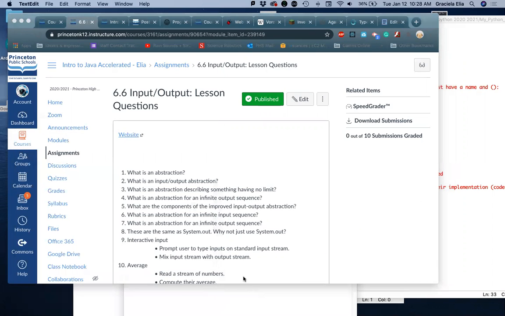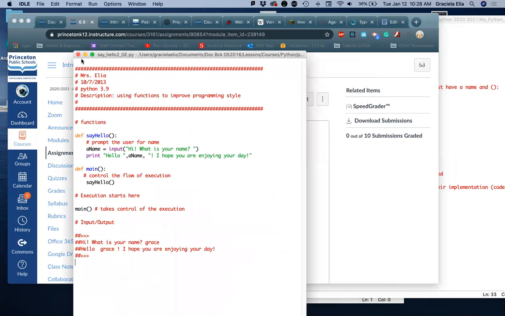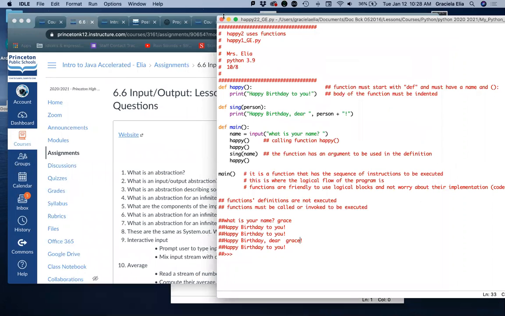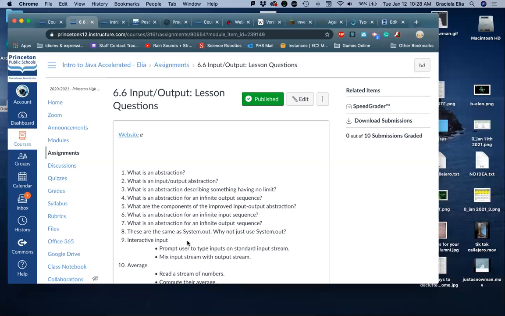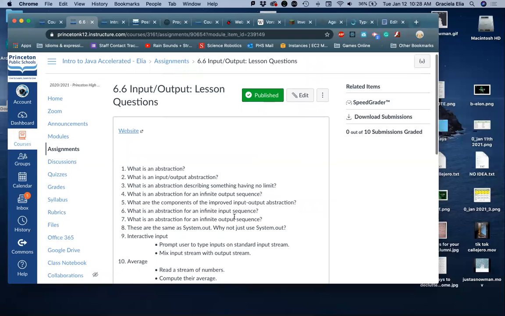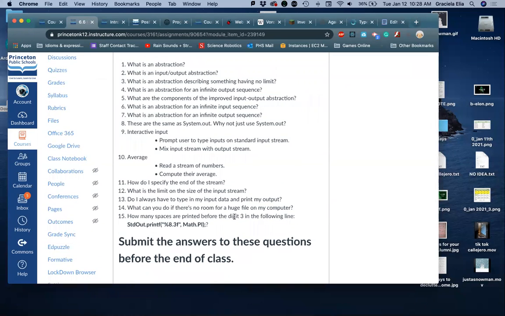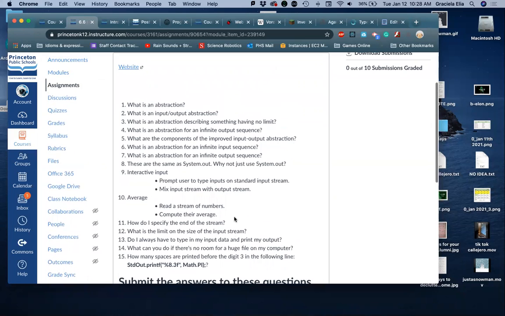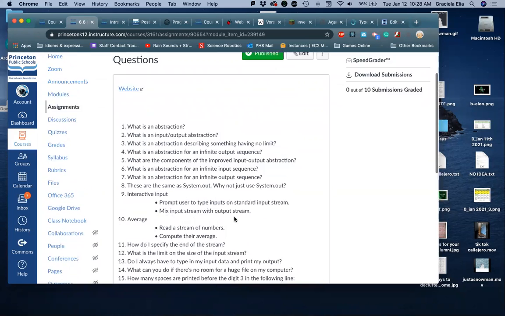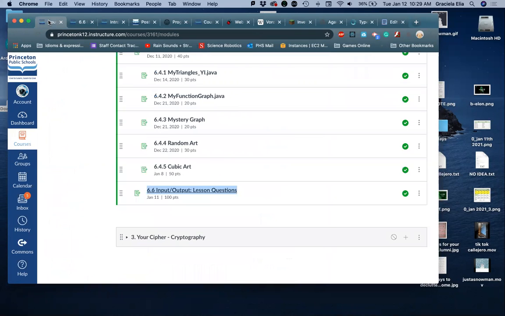So today, before that, we're going to take care of some of the more theoretical concepts that will help us understand some of the material that is coming up, and especially the language. I would like you to turn this in by the end of the period, because I'll be answering the questions with you. And so if you go to post 6.6, which is in module 6, right here,